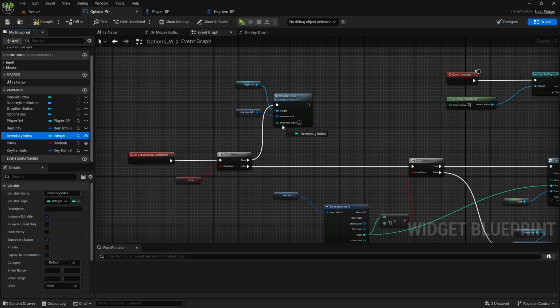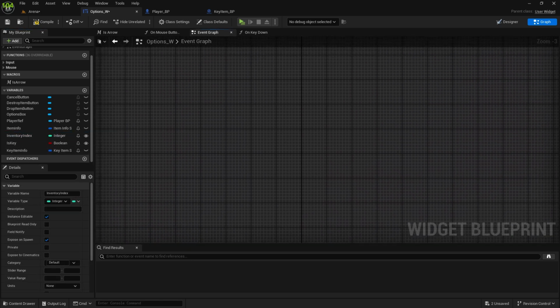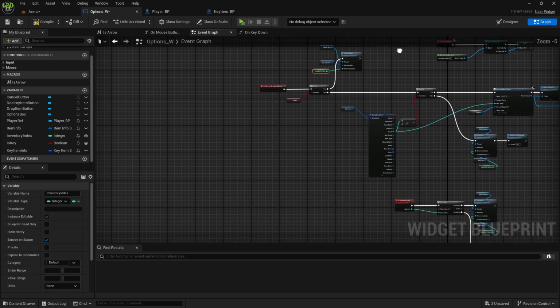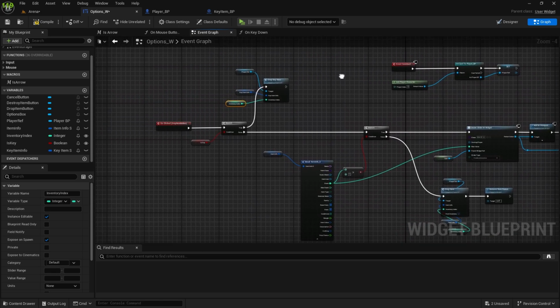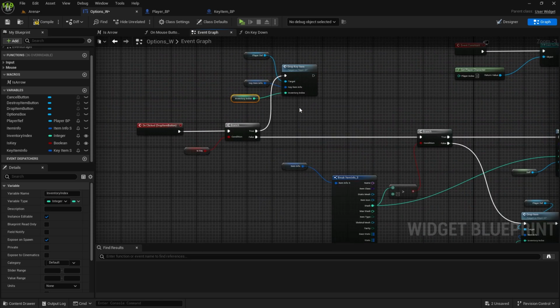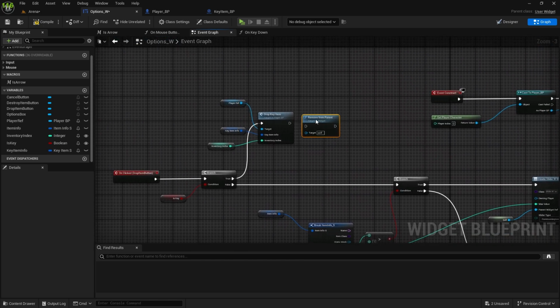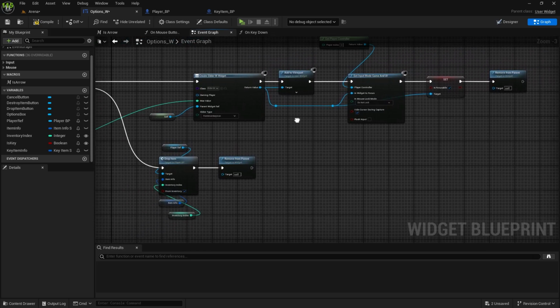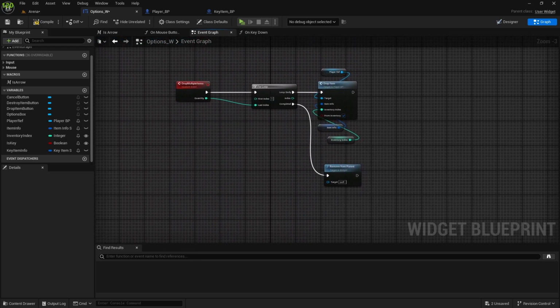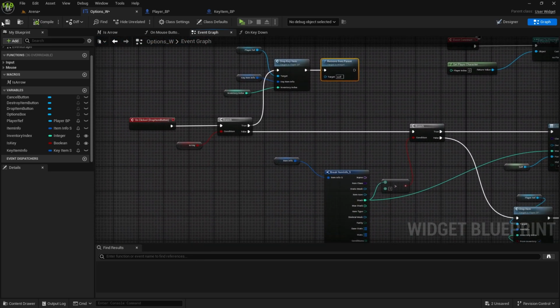Inventory index we do have. What else do we need? Construct. That is all good. So drop key item, what we're doing here, removing it from the parent, so we need to do that here as well. And what else? That is all. So now we just need to set it when we right click on the